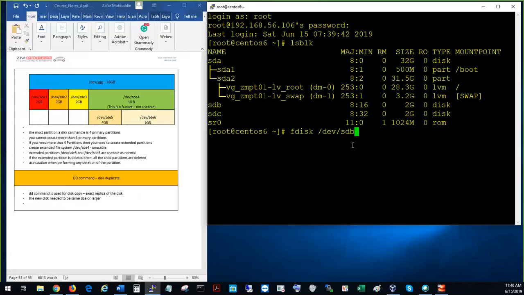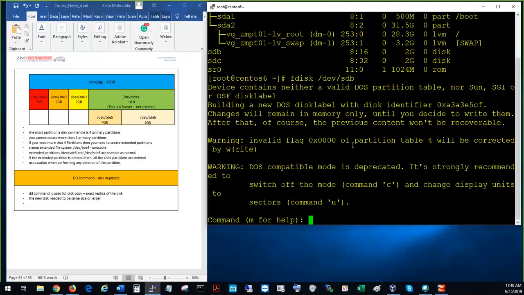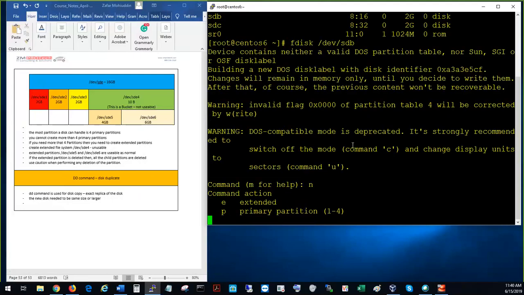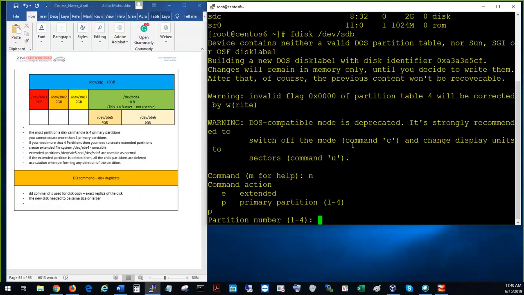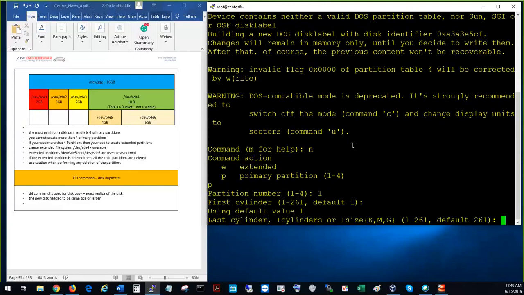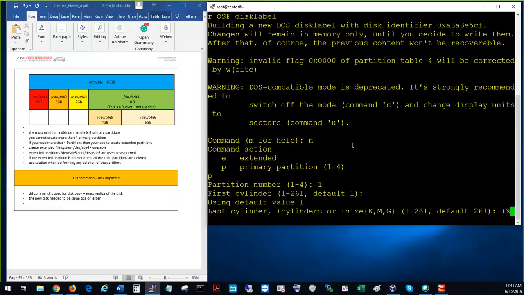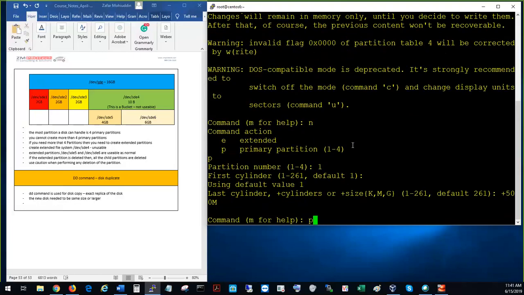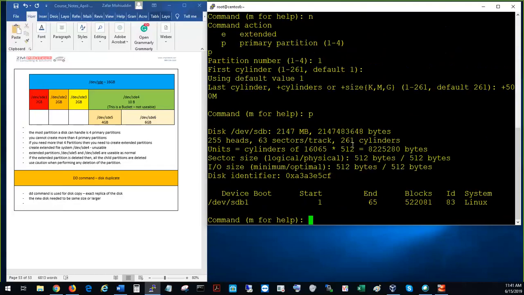fdisk /dev/sdb and hit enter. Then I'm going to create new, primary, partition number 1, and the cylinders are default. I'm going to use plus 500M. What is the 500M going to do? It will create a partition with a size of 500 megabytes. Okay, so if you do G,